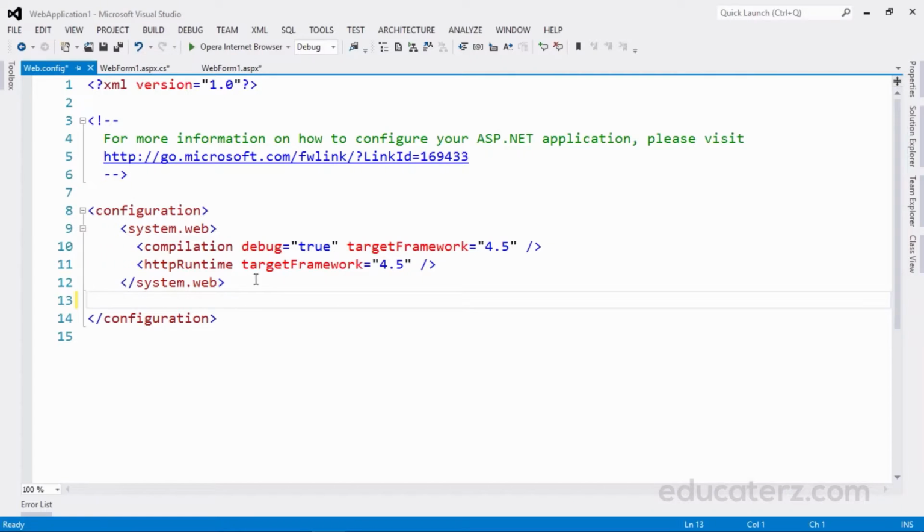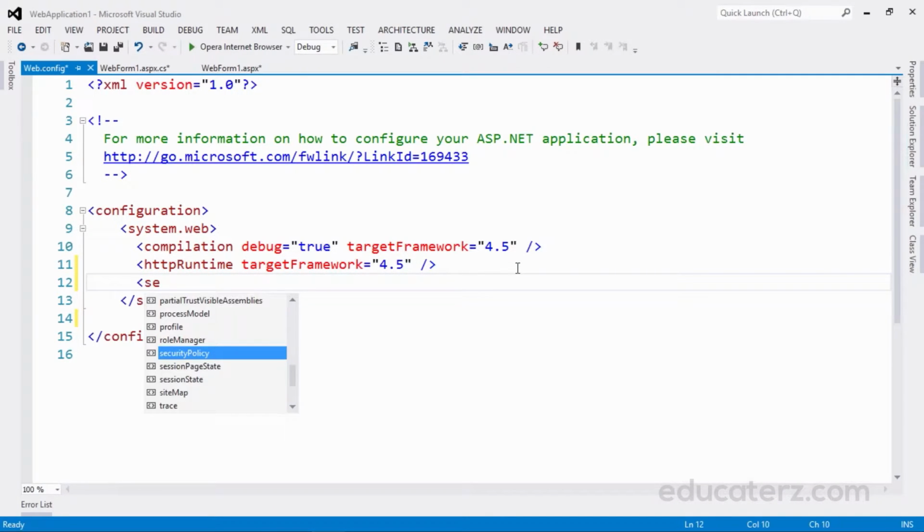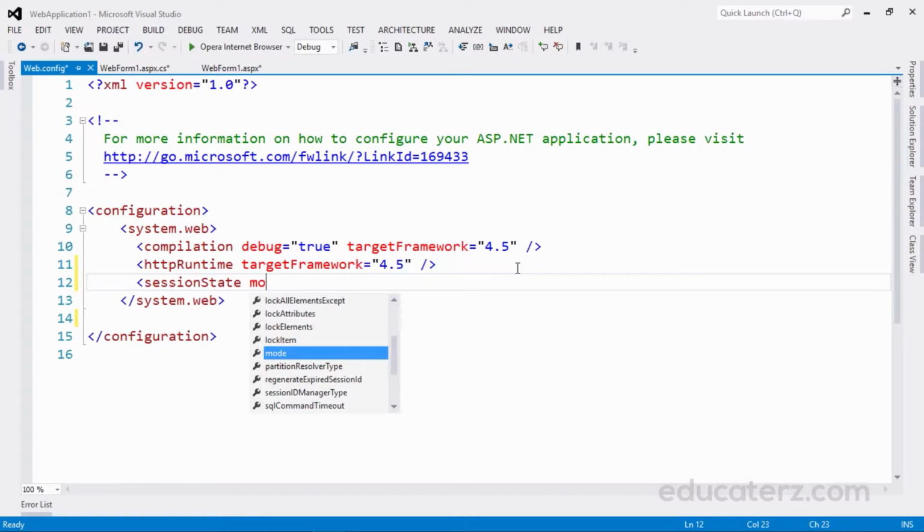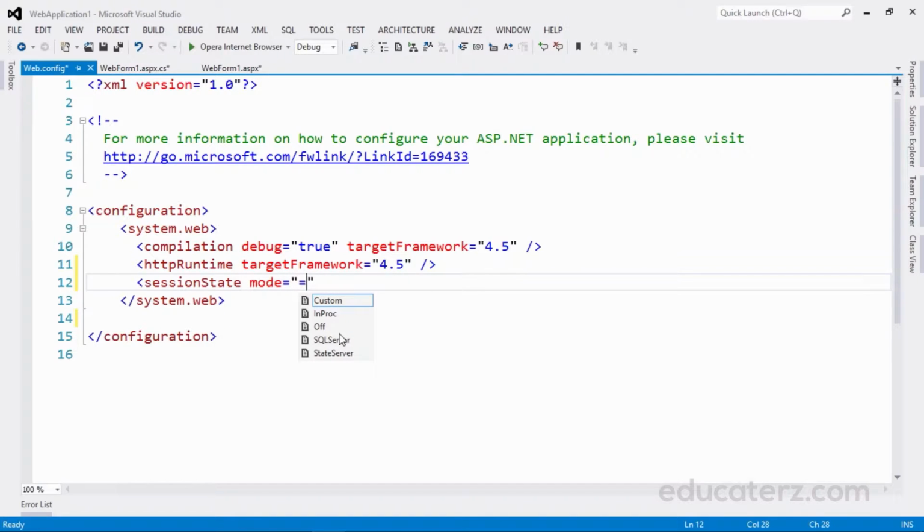Keep this inside system.web, sessionState mode equals, as I said, we'll have four modes: Off, InProc, StateServer, and SQLServer. We don't use custom mode.